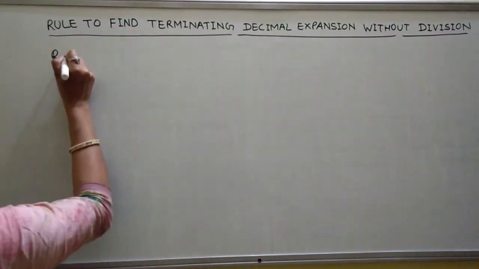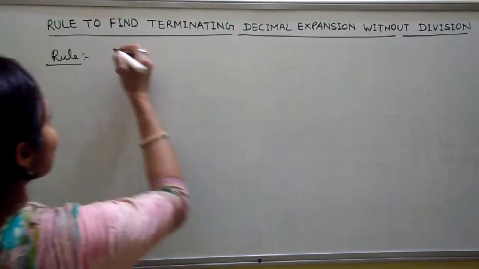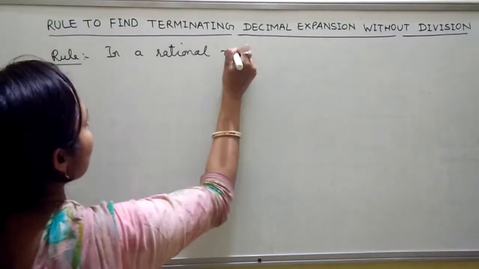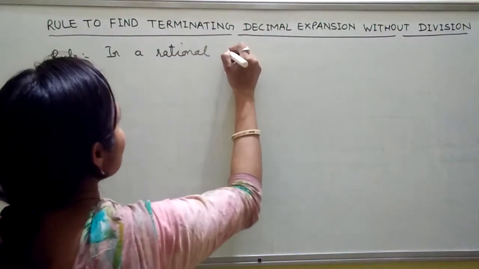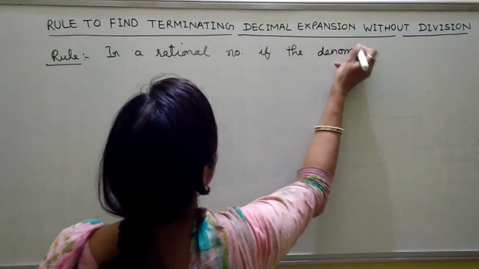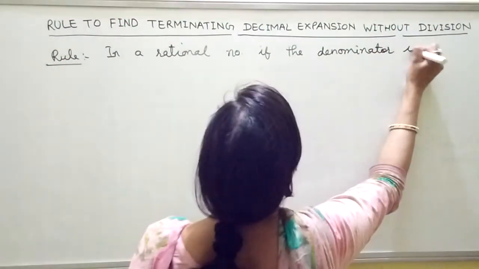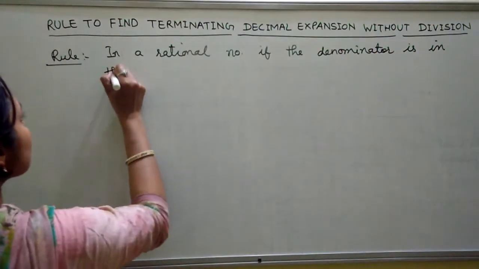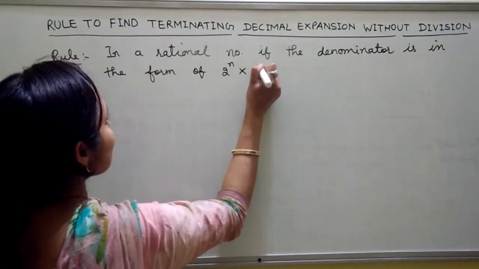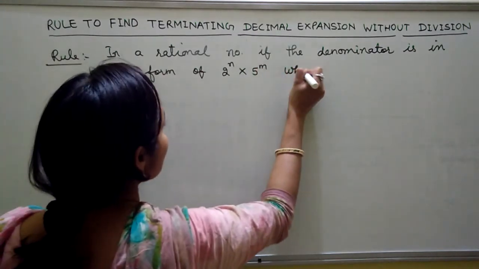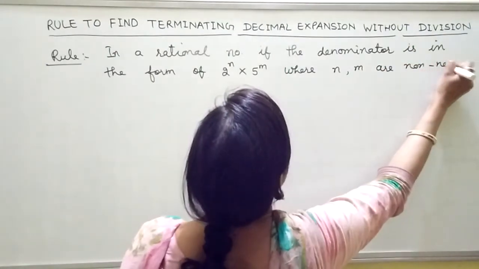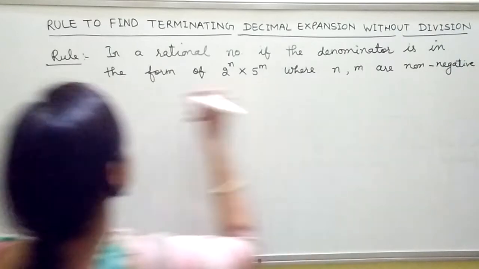In a rational number, if the denominator is in the form of 2 raised to power n into 5 raised to power m, where n and m are non-negative integers,